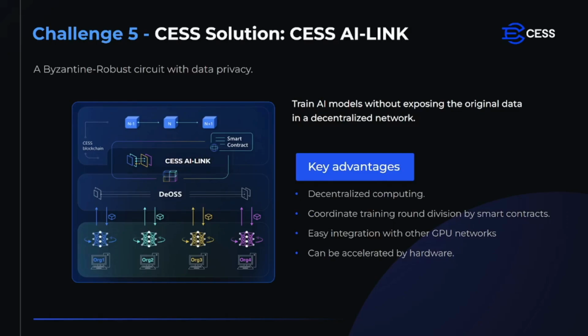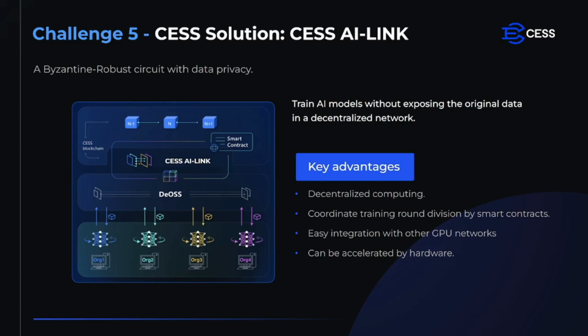Can be accelerated by hardware. The system can be accelerated by hardware, providing additional computational speed and efficiency. This hardware acceleration ensures that the AI model training process is both fast and effective, meeting the demands of complex AI tasks. As you can see in the diagram, multiple organizations, Org 1, 2, 3, and 4, are able to